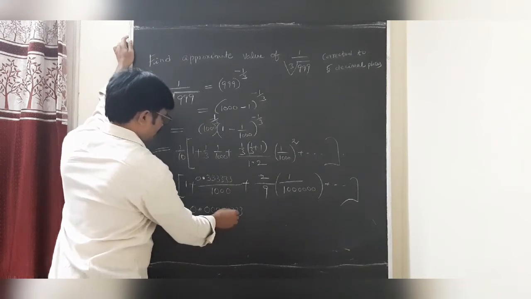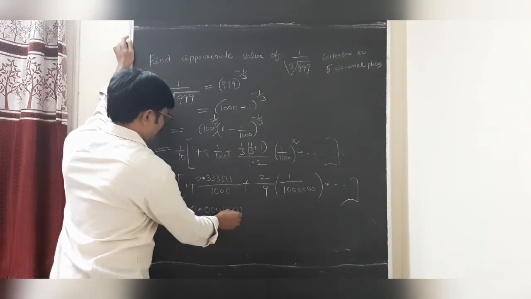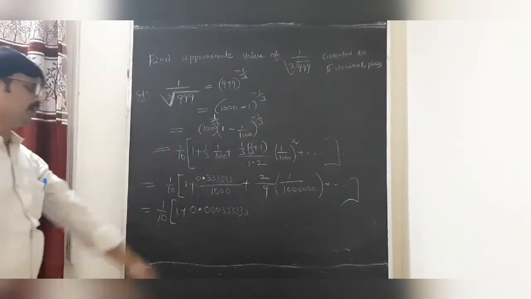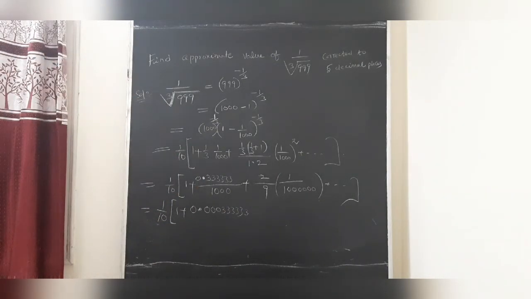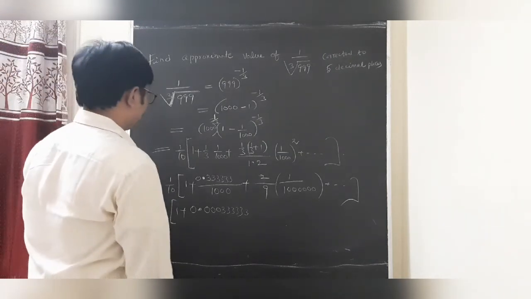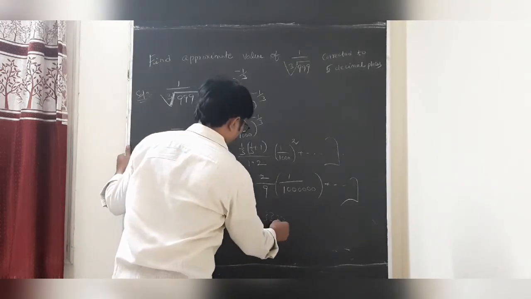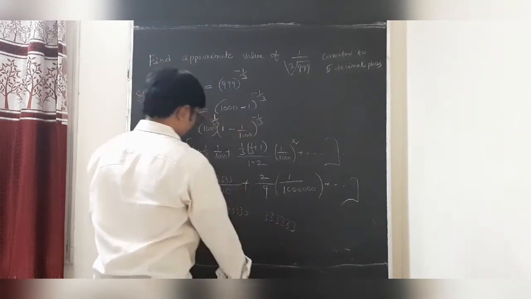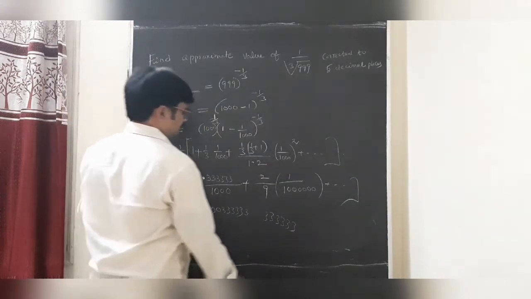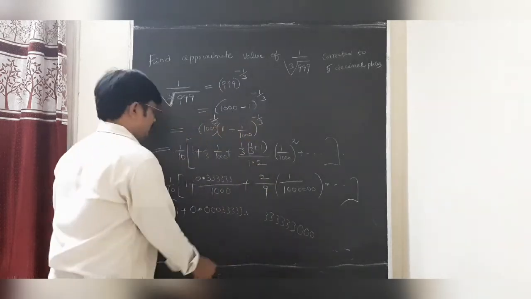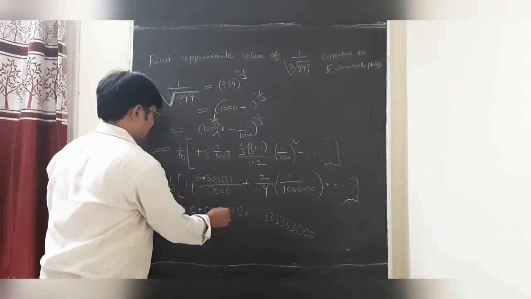So 1 2 3 4, 1 2 3 4 5 6. Suppose, students, when we are multiplying with 1000. So dear students, undoubtedly this is 1 2 3 4 5 6. So dear students, 1000, 1 2 3. Is it clear, students? 1 2 3 4 5 6.